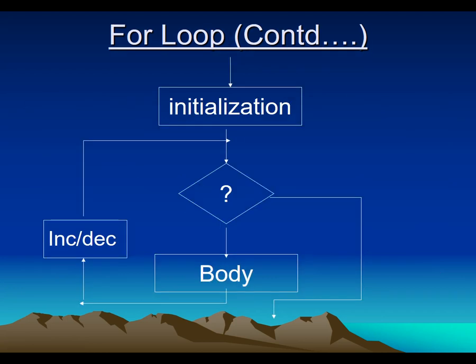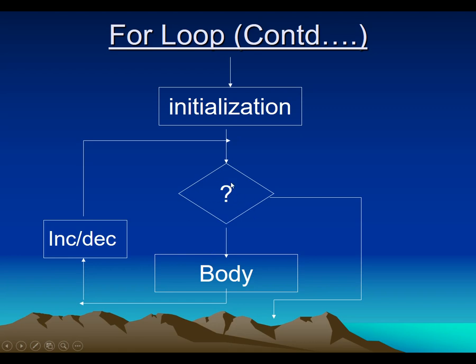Now suppose we want to include the for loop in a flow chart. Then in this way we can go ahead by adding the for loop into the flow chart. First there is initialization, then there should be condition checking. If this condition is true, then the body of statements executes. It increments or decrements the value, and the program gets repeated till the condition is true. That means this portion repeats till the condition is true.